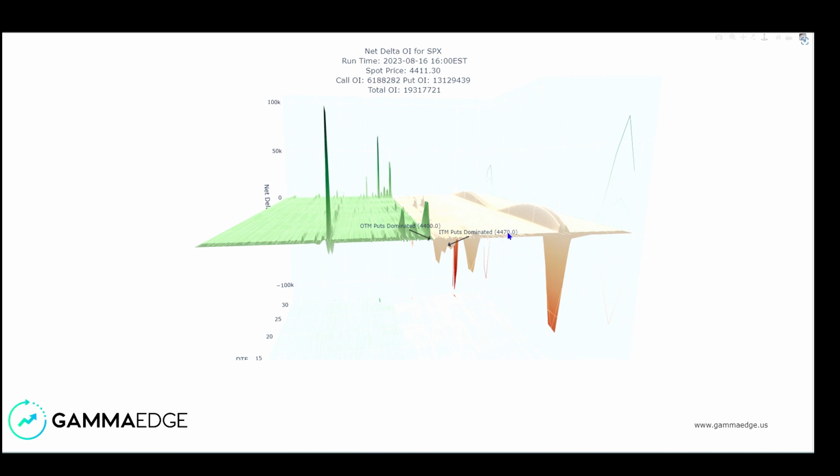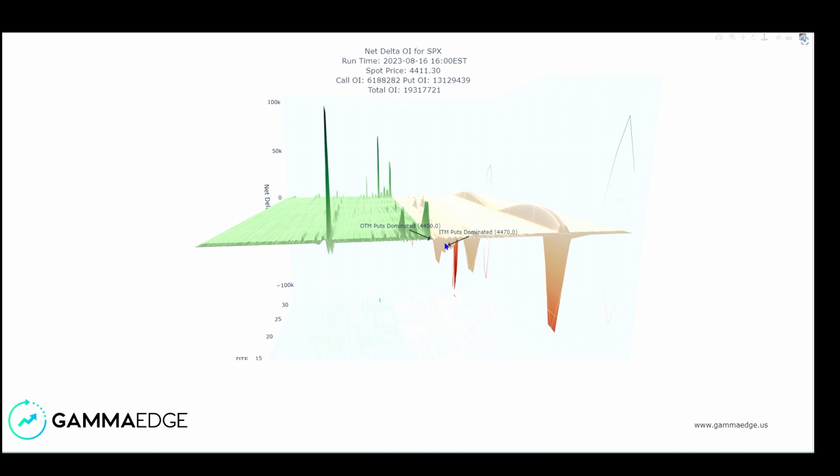up to 4,470. Sorry, in the money, out of the money puts dominated still, as you can see by the deltas. So that's bearish and weak overall sentiment, overall structure for the market. So if we start seeing some mechanical closing of those puts, some expiry into Friday, I'd be looking for 4450